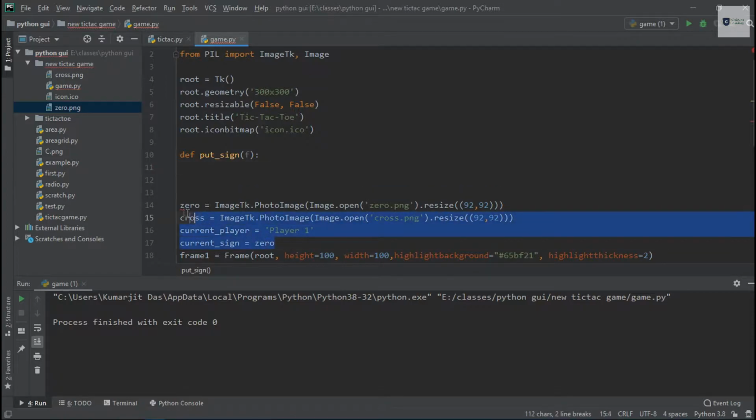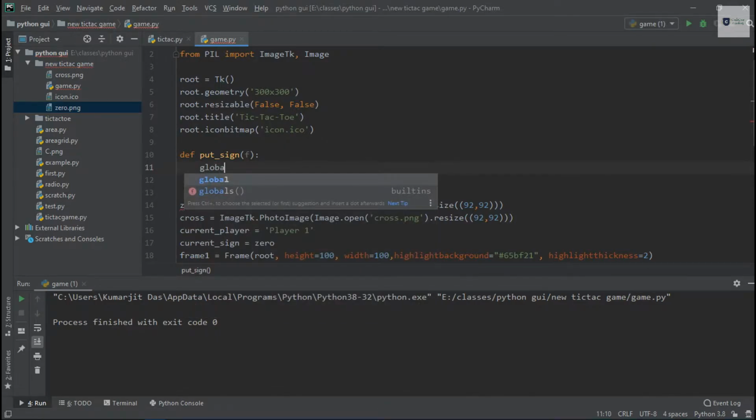In our function we'll be using these globally created variables, and to use a globally created variable in this function, we need to use the keyword global: global current player, comma, current sign.